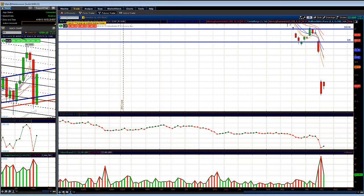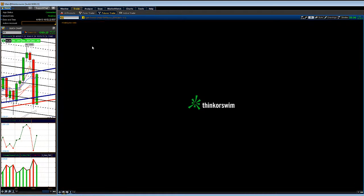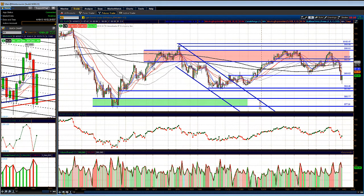Crude oil. Let's see. Again, we may see a bounce in some of these commodity stocks if the dollar sells off again tomorrow. All these basic material stocks that have been getting sold off, if the dollar was to make a nice little leg down here,